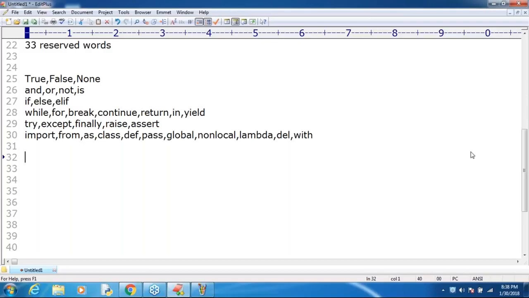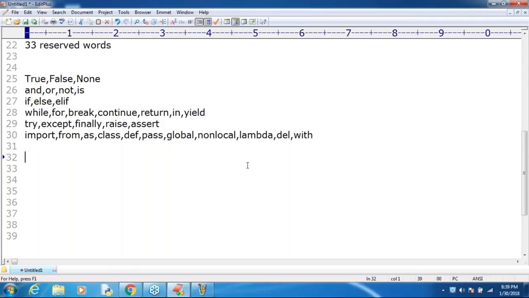Earlier I was saying one or two doubts, sir. Is pass the same as continue? No, sir. Rich Cohen asked, is raise like the throws keyword in Java? Very simple. Raise is not like the throws keyword. Raise is something like the throw keyword. In Java, throw is there, throws is there. The equivalent of the raise keyword in Java is the throw keyword, right?